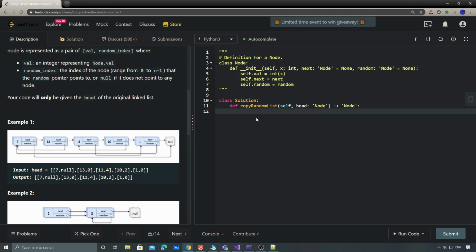Cool. So other than that, you can either use DFS, or the recursive, or an iterative way to loop through the nodes. So since this one is just a simple linked list, we can use the iterative way, which means that